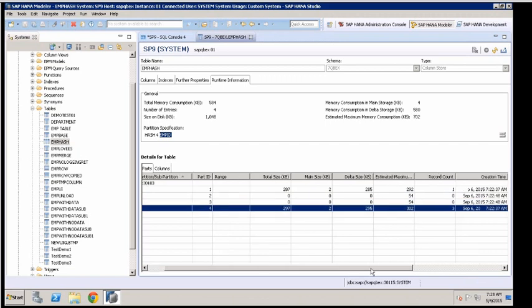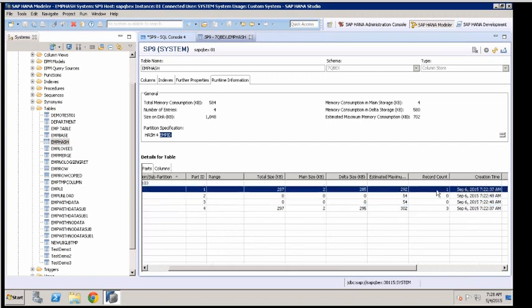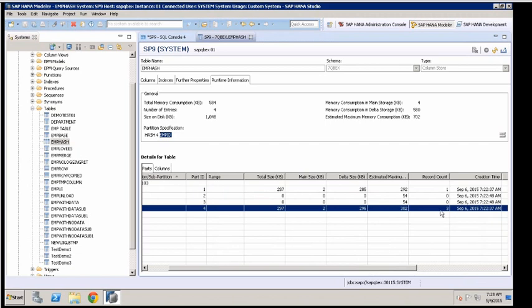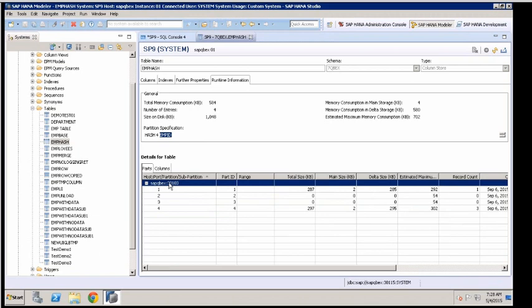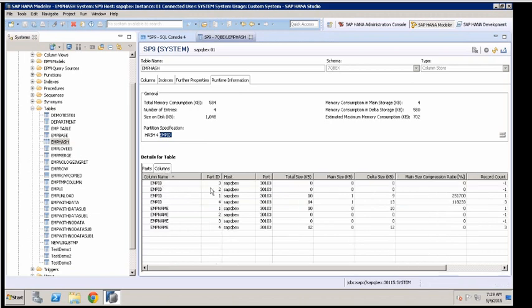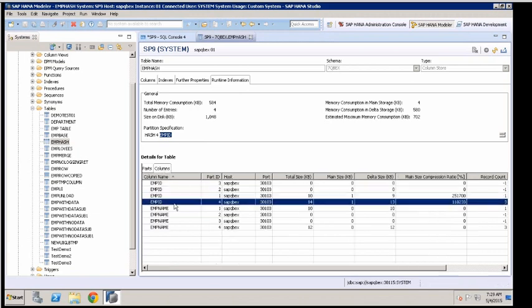If you want to see the record count, in the first partition I have 1 record, and in the fourth partition I have 3. We cannot control it. The system will split it automatically in the partition. But all of them are in my same block. In real time, if you have multiple, you can see the different ports being used. And each partition will have different columns again. I have 4 partitions, and for each partition you have a separate block for each column.